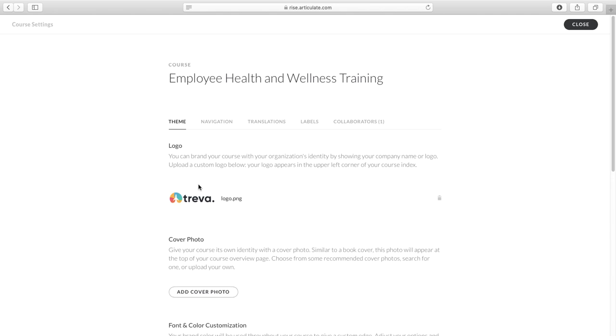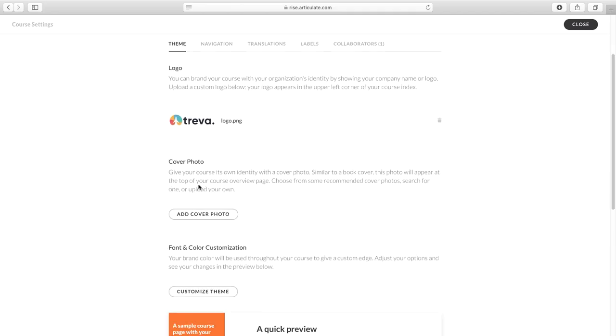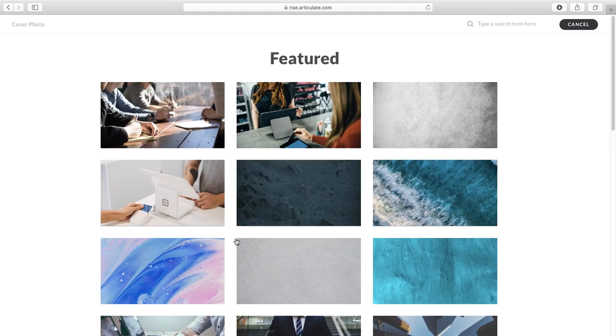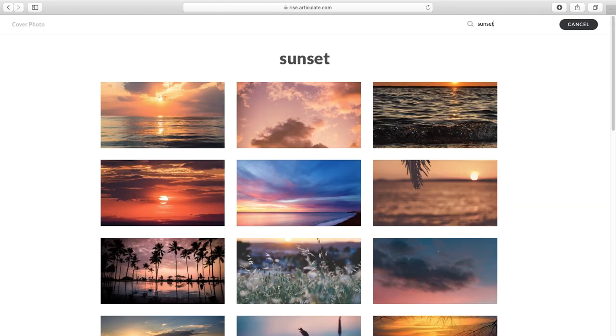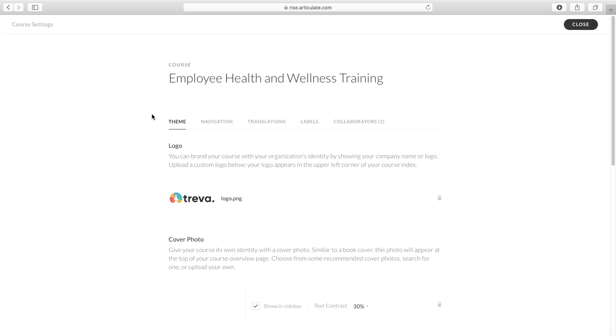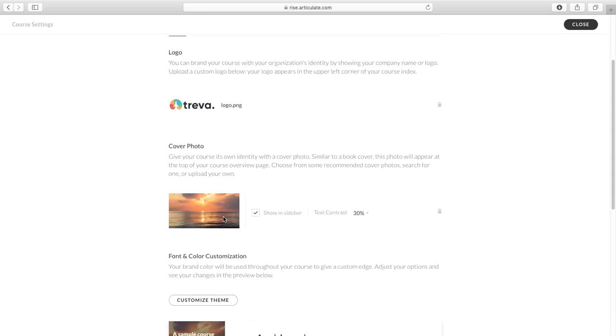Let's go ahead and add a cover photo for our index page so we can customize the look of the course with a photographic cover. You can upload your own image or search Content Library for a cover photo and choose a search term. That's a great looking image. If you want to select it, click Select, and that will download the cover photo, and you'll see a preview